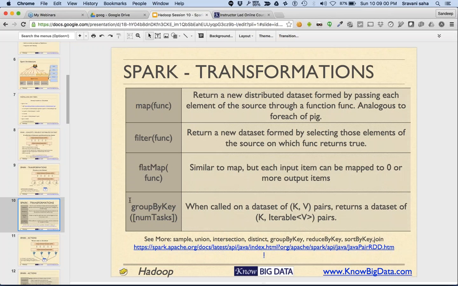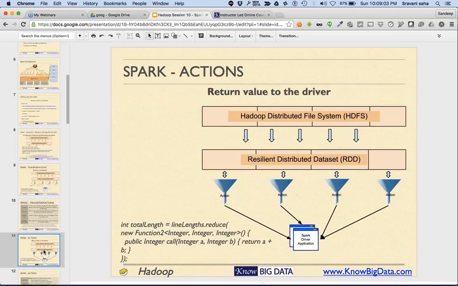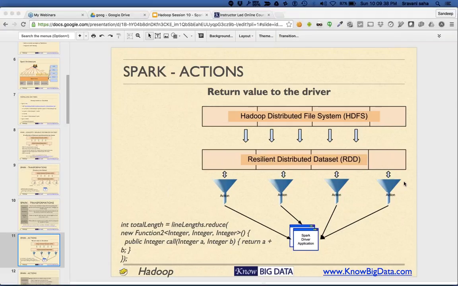All right. Next, that is a transformation. Now sometimes we need to run an action which returns a value to the driver. Who is the driver? It is where the program is being executed from. Every Spark program is run on a computer, as in there is a node which is a launcher, the one which gives the commands like map and filter and all of these. That node is called the driver. From the driver, the whole process starts and it ends.